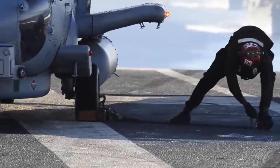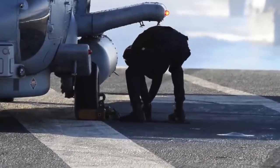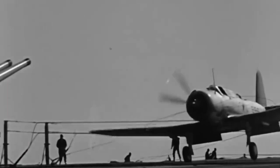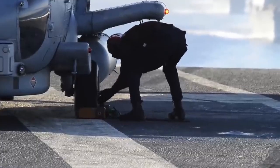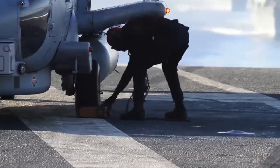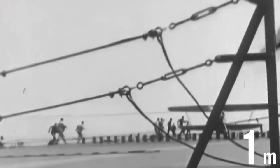And, at times, even fires. The flight deck crew was also at risk, as the tension wires could snap and cause injuries. Successfully rescued by helicopter after a failed arrestment. Over time,